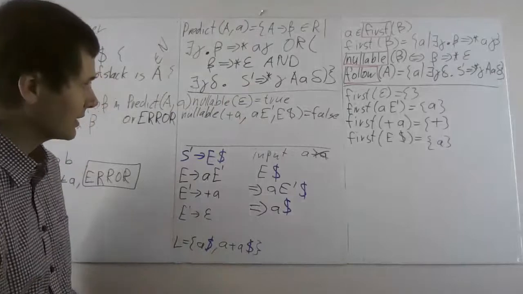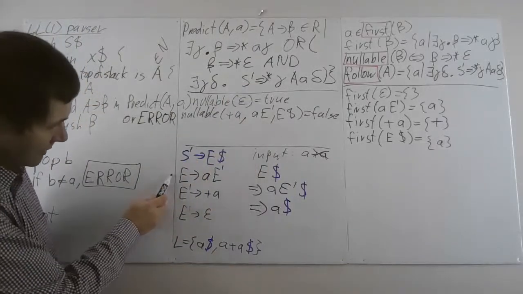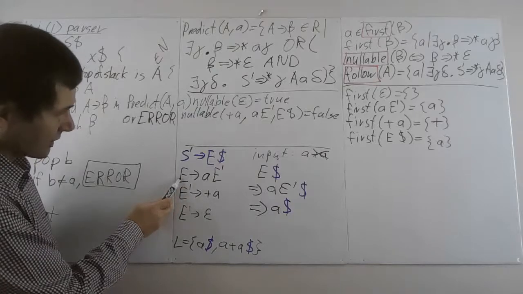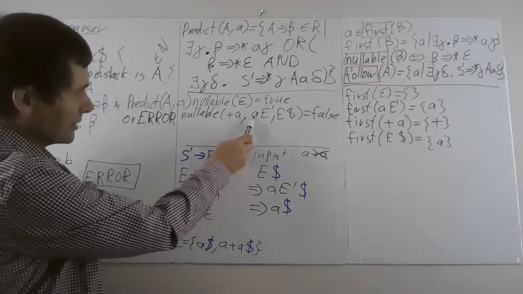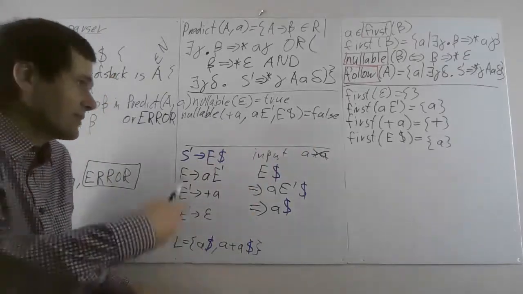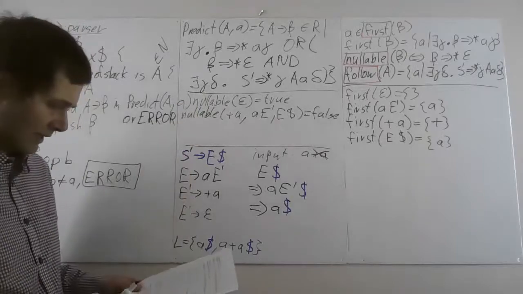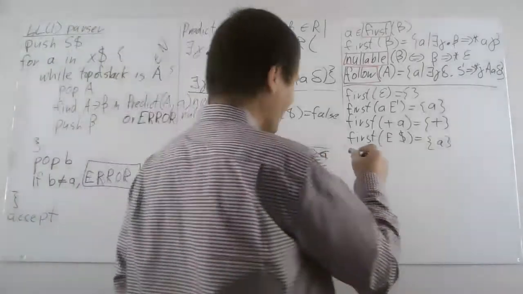So then I might need the $ sign there. Okay, but E is not nullable, because the production rule expanding E goes to AE prime, and AE prime is not nullable either. Okay, so I have to compute nullable and first, and then to compute follow,